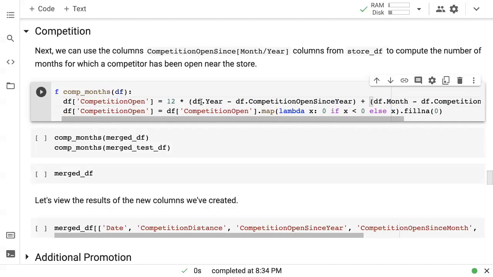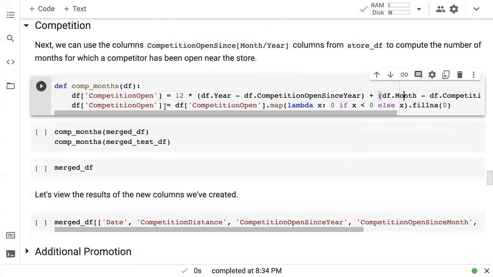Now, the only difficulty is sometimes it's possible that a competing store opened in 2014 or in 2015. So we don't want to put information about the future into any row. For example, if we have information about store number 1, and we are looking at January 1st, 2013, at that point there is no competing store. So we should probably just put in 0 for competition open, or maybe some other value like NA.